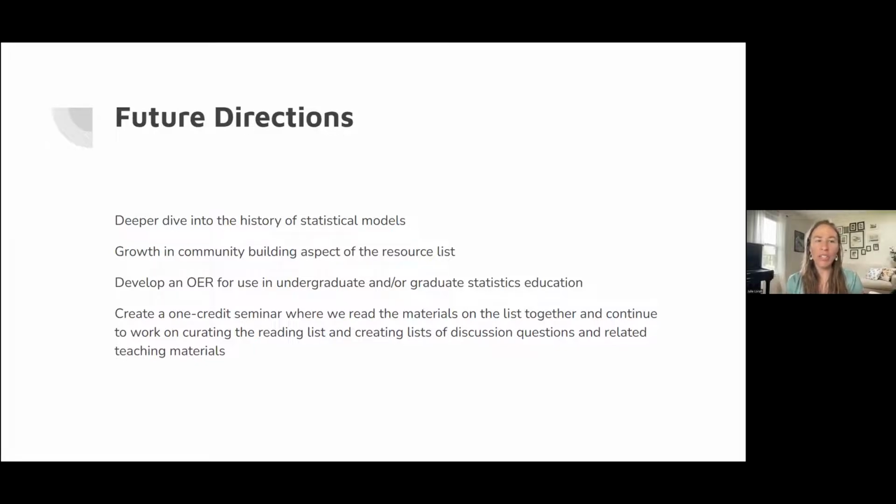So the first thing, we want a deeper dive into the history of statistical models. We mentioned that briefly when we introduced the curated reading list and the LibGuide, but framing this more so that students, or anyone who's using statistical models really, can get a better sense of the context and use of how those models were developed and how that sort of impacts the way that you might think about interpreting it and the type of claims that you can make from given models.